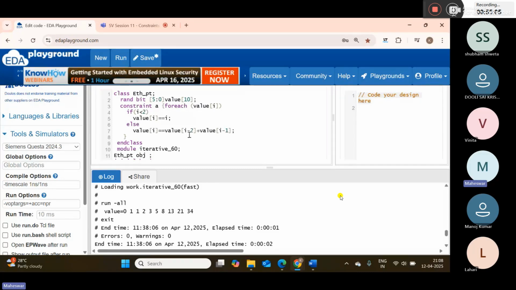I'm writing with the position value of I minus 2. I minus 2 means before two positions. What is the current position now? And before two positions plus I minus 1. So for example, I'm in this position. I'm getting this value because of these two positions, right? 1 plus 0, 1. And this position, before these two positions, I minus 1 plus I minus 2, 2. Like that. That is the logic here. So in sequence, this is